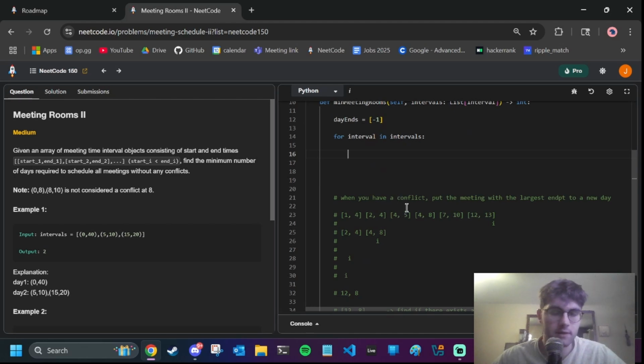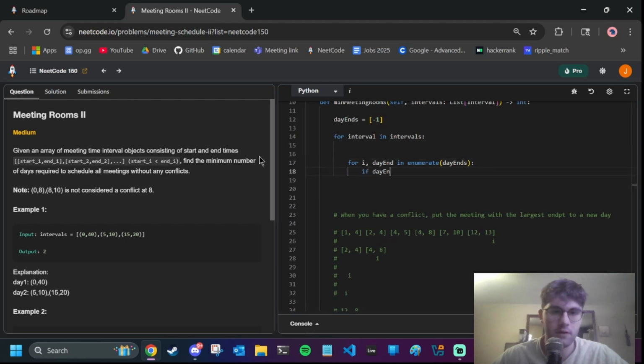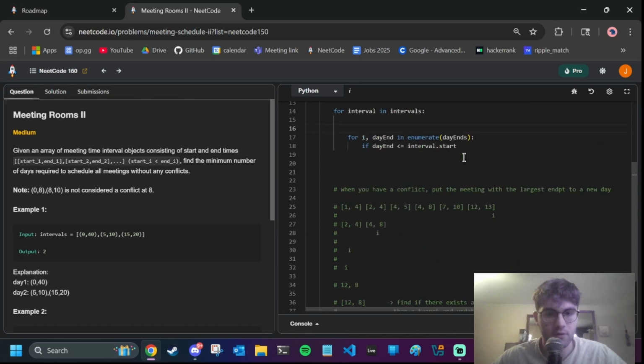We have to get the start value, so we have to say for day end in day ends. If day end is less than interval, or equal to, right? Okay, so if it's less than or equal to,